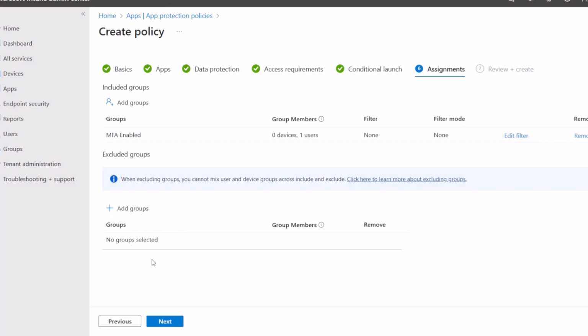And if you want to exclude some group, if you want to add the whole company, for example, and exclude a few users, you can. If you want to do a pilot, you can pick a group with a few users and try. My advice is do not apply this company wide until you try it. So you can go with a pilot group, try it for a couple of weeks, see how things work, and then go from there. Select next,